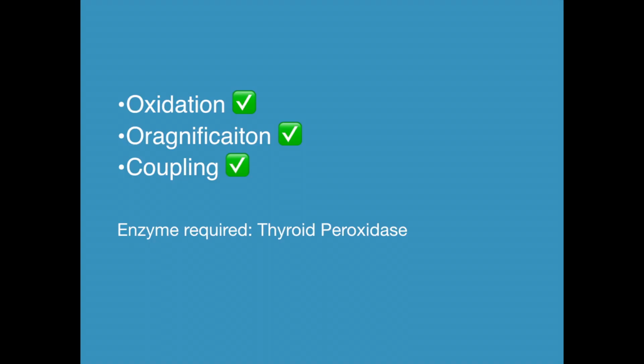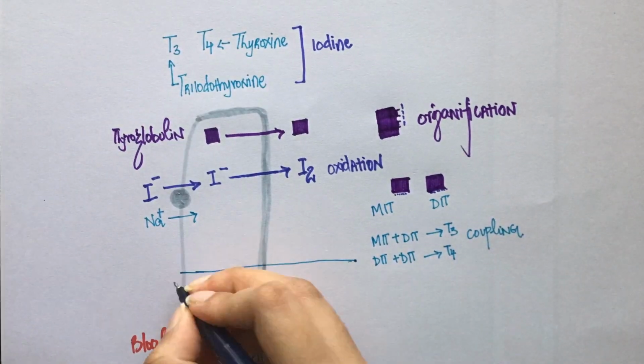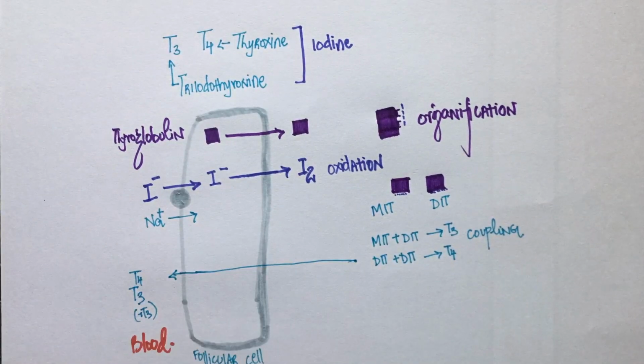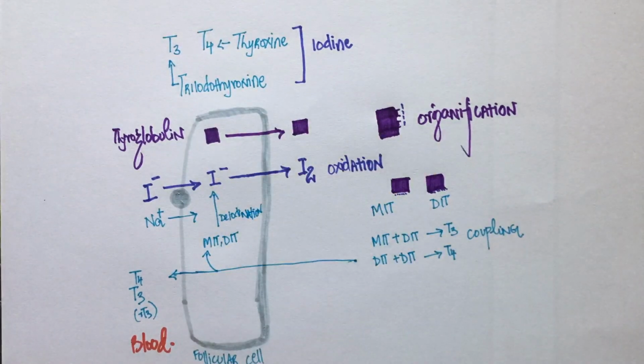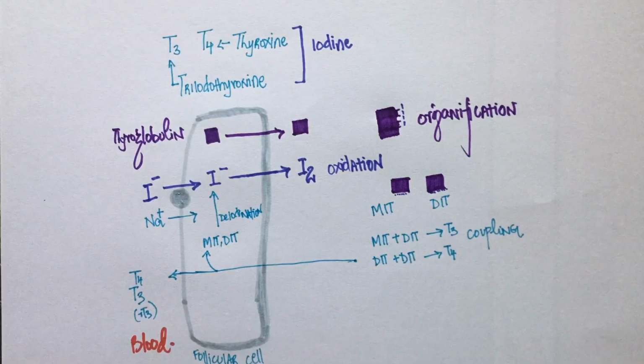These complexes are taken up by the thyroid follicular cells and are released into circulation. T4 is the hormone that is majorly produced by the thyroid gland. This is how I remember this fact. Since 4 is greater than 3, T4 is produced more. T3 is the more potent form.